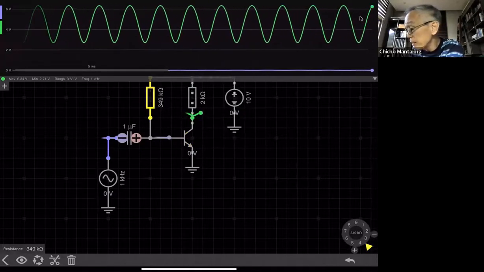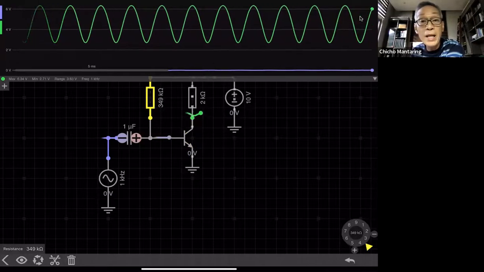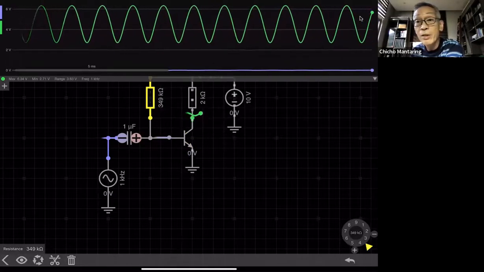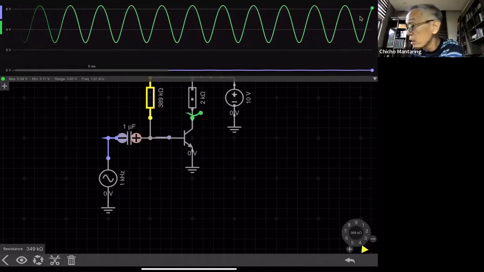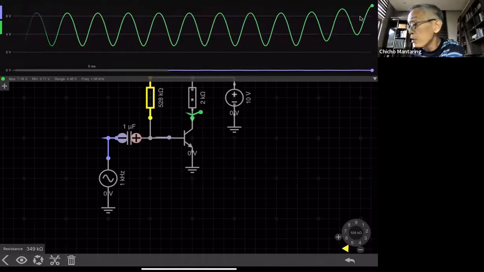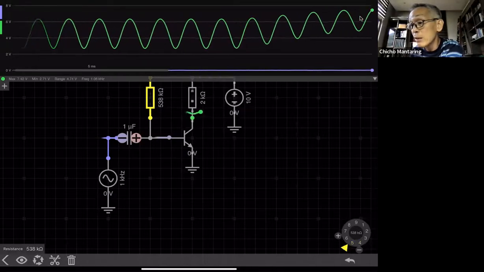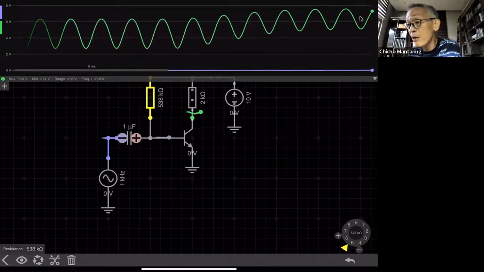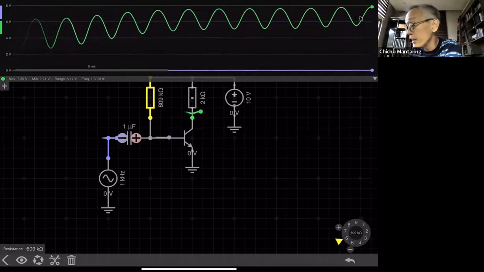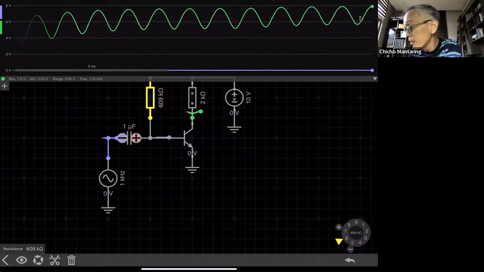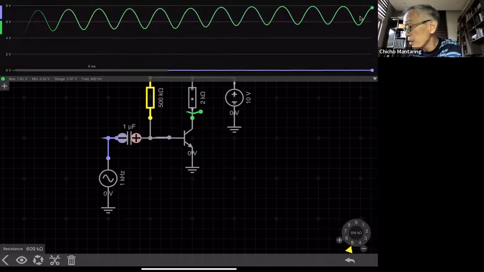I'll play around with this. If I play around with this resistor, if I make it big, then I tend to cut off my transistor. So you see my curve going down. My curve is actually going down. Unfortunately, the scale is also changing, so you can't see it. On the other hand, if I make this smaller,